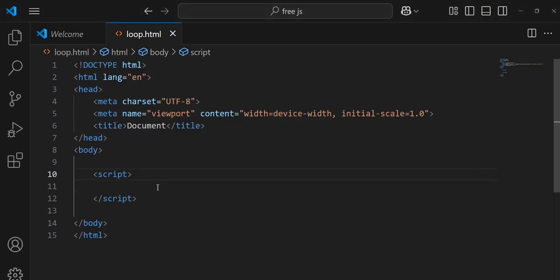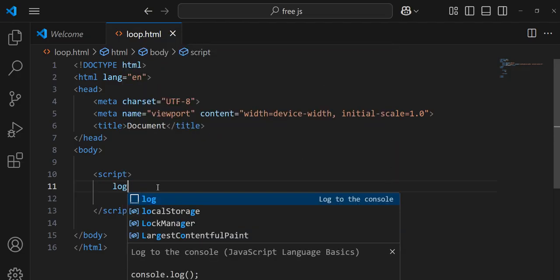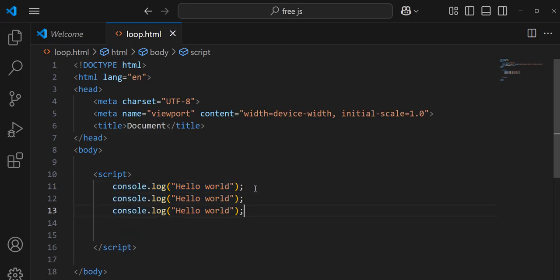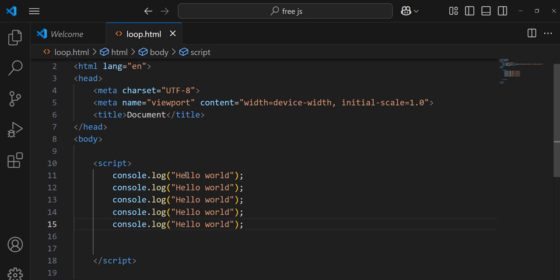So tonight we want to look at loops in JavaScript. We use loops to repeat something, to do something over and over again. Let's say I want to repeat hello world 5 times. So I can copy this and display it 5 times. This is 5 times. And when we check it out,